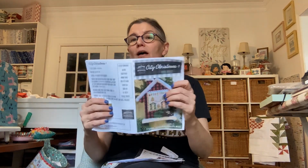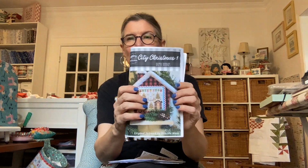But for their stitching time for Christmas, they have Christmas stitching. I did get a couple patterns that I haven't printed out yet. I love the City series she's doing. So this is City Christmas. So I have all of